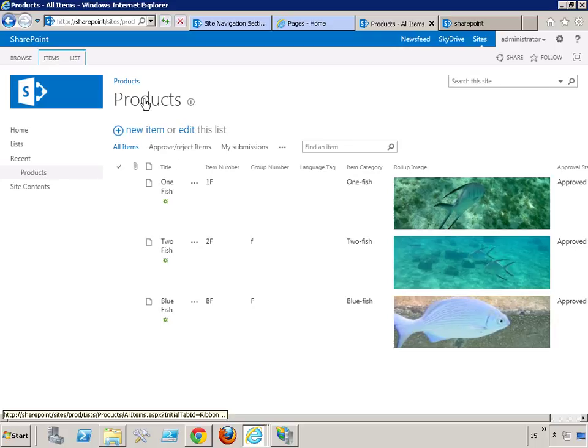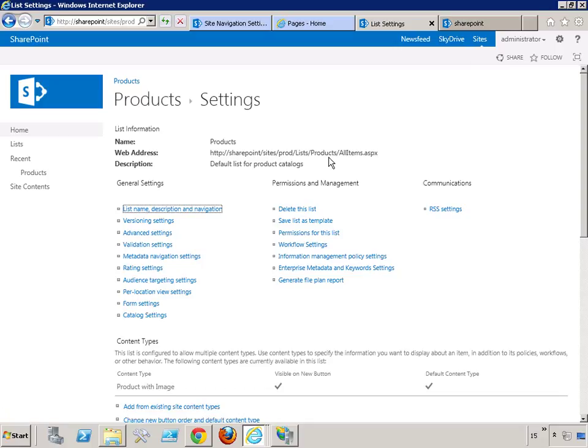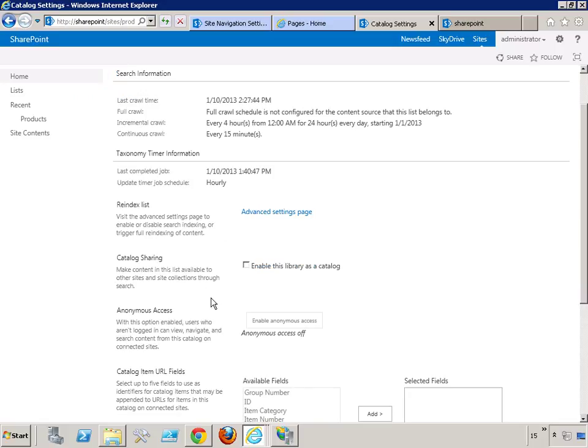All right, so here we are at our products list inside of the product catalog, and I'm going to go into the list settings page. And under the general settings column, there is a catalog settings link. And what I'm going to do is enable this library as a catalog,